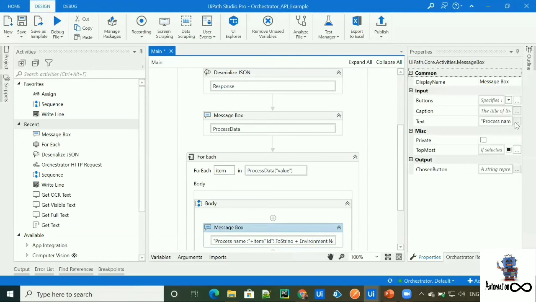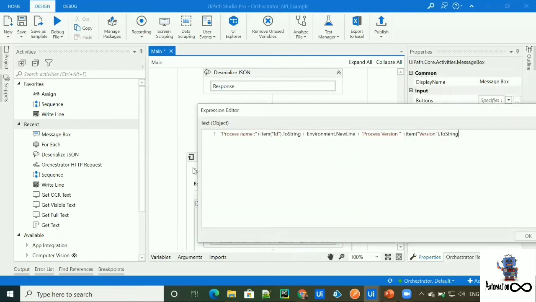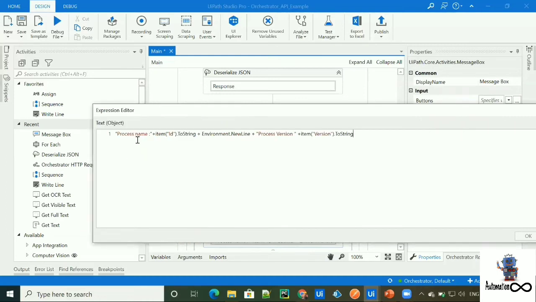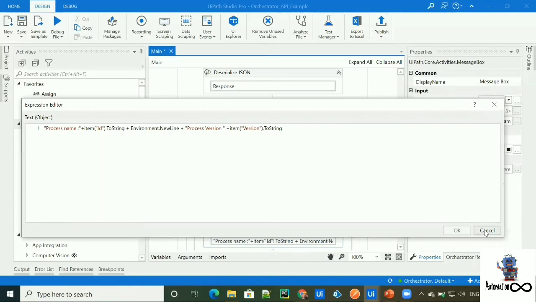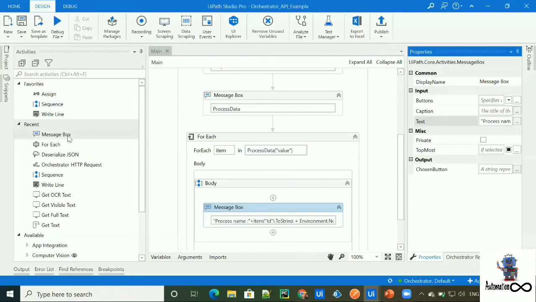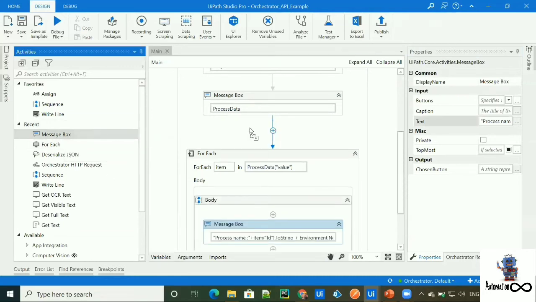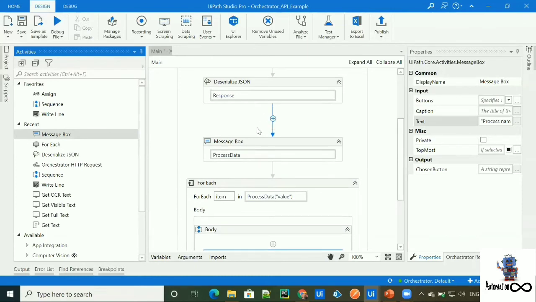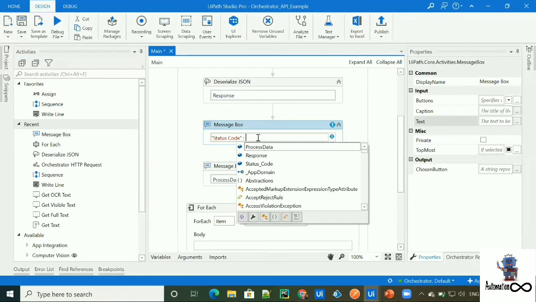Okay, so our expression will look like this. To access the process name, I'll be accessing item of ID, and to access the process version, I'll be accessing item of version. Also, we can print our status code that we have created a variable for, so we can print it over here, so that we'll get to know what response we got.